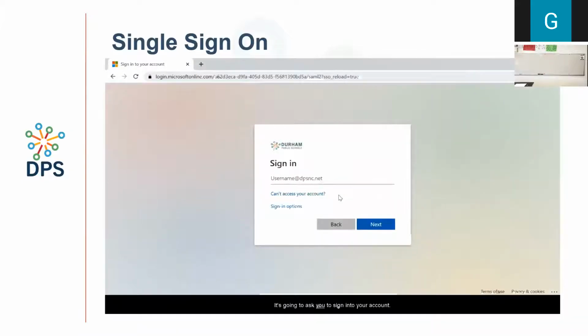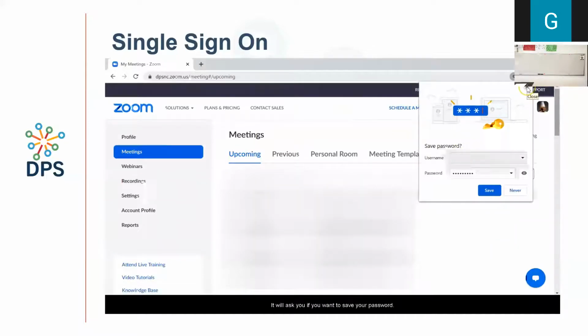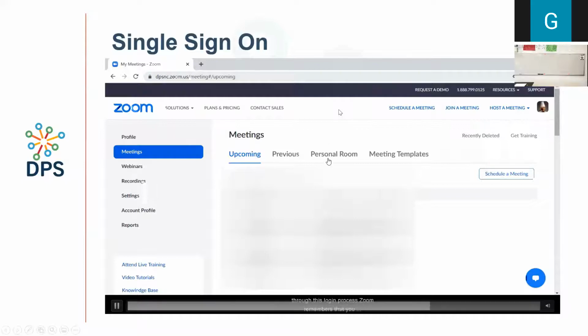It's going to ask you to sign into your account. My account is... it will ask you to enter your password. It will ask you if you want to save your password. Whether or not you save your password is your call. That's okay. And at that point, it will bring you up any meetings that you have already in your schedule, stuff that you've already been invited to. So, for example, it could populate it with stuff if your teachers have populated it into Canvas. But once you go through this login process,